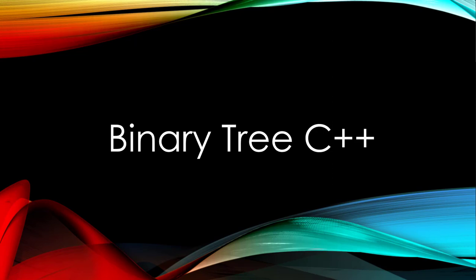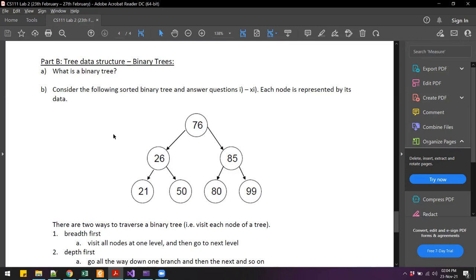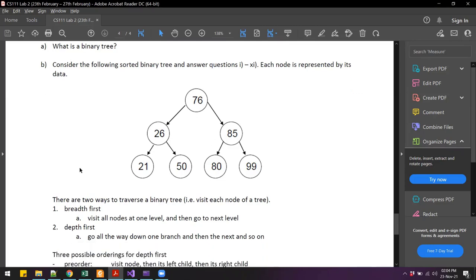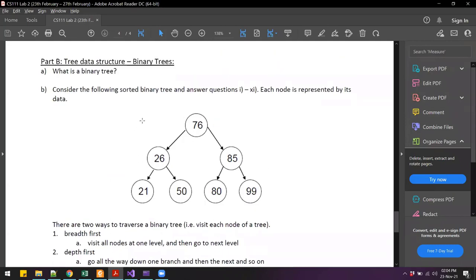So we are given one question on a binary tree, and in this question we have to answer some traversal questions based on this particular tree example. Now the name of this particular structure is a binary tree, right? The name is given binary tree because binary means two, and you will see that every node in this particular tree has a left and a right pointer.